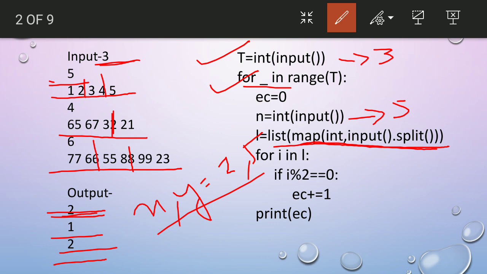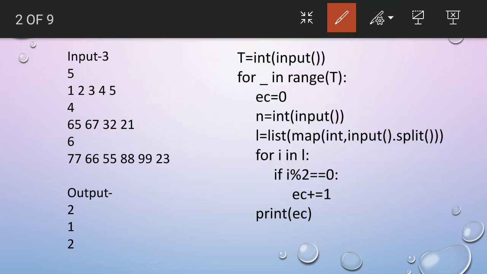Split, why? Because these are separated with a space, and we want to take them with the space. Same here, we want to take in the format of a list. When we want to take more than one value, like 1 2 3 4, in a list, we have to use list here. Okay, so we need to take the list here.